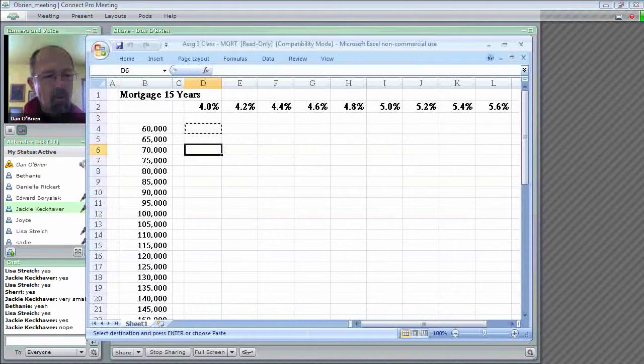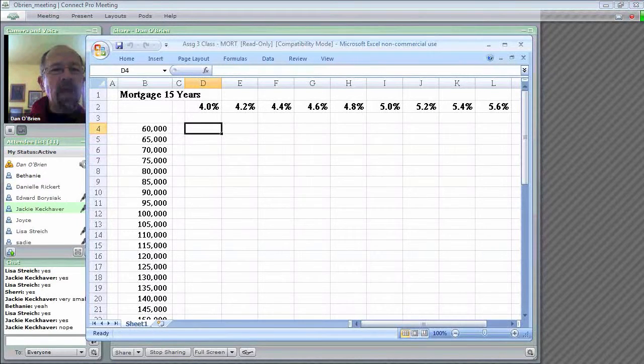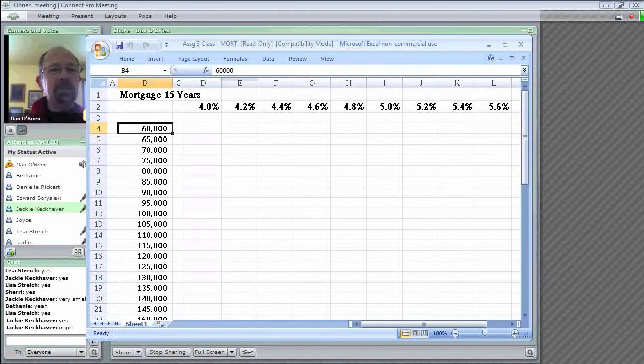We're going to be trying to set up monthly payments. And here's the mortgage amounts. Now, the way I set up this spreadsheet, I think it's going to be somewhat interesting to you in that